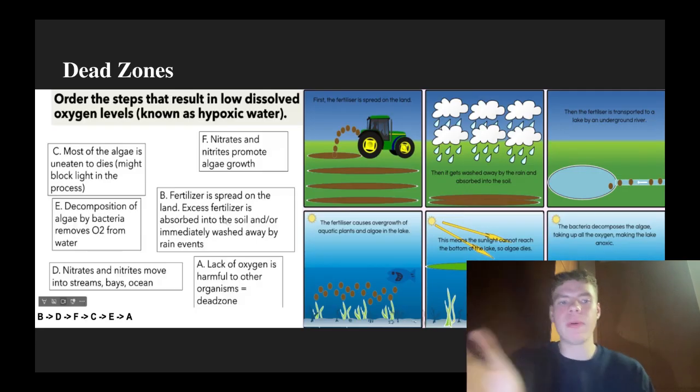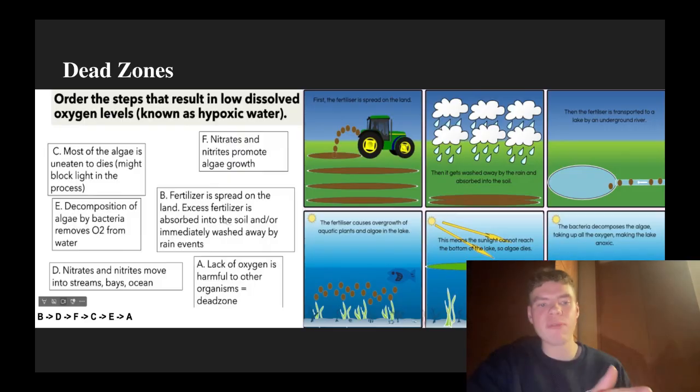So for an example from our notes, if you look through the left, we had a question where we had to put the different steps together. You can read through it, but basically the series is BDFCEA. The question is: order the steps that result in low dissolved oxygen levels known as hypoxic water, meaning nothing can grow there. B would be fertilizer is spread on the land, excess fertilizer. That would be step 1. Step 2 would be D, nitrates and nitrites